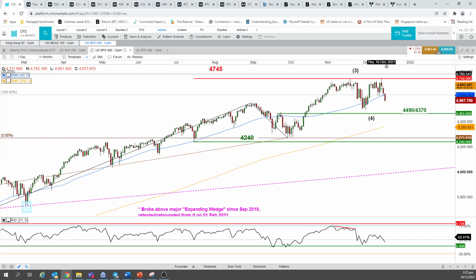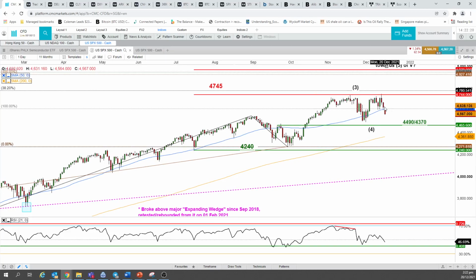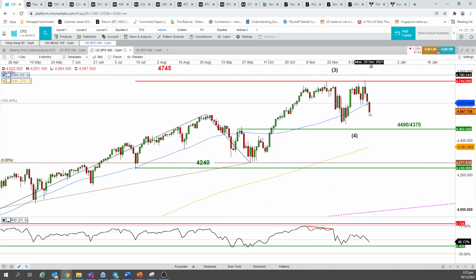So this is on Thursday. On Thursday, it didn't manage to breach above the high. It tested the high, but didn't have a positive follow through and started to sell off on Friday. On Friday, that sell off managed to find some support at the 50-day moving average. However, in today's Asia session, there's no positive follow through. In fact, there was very negative price action in today's Asia session.